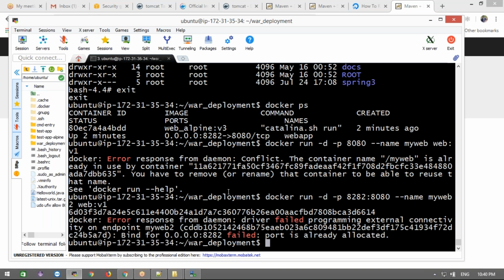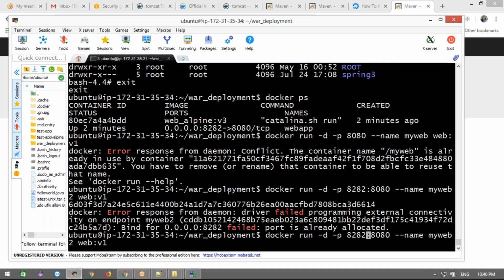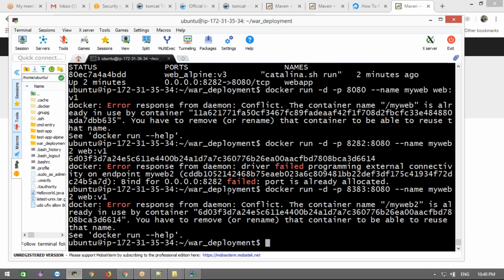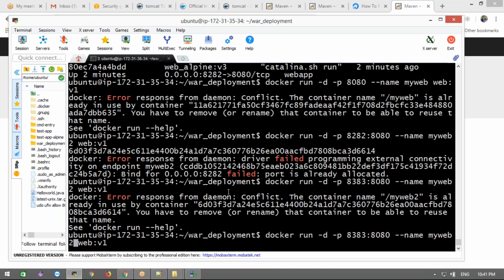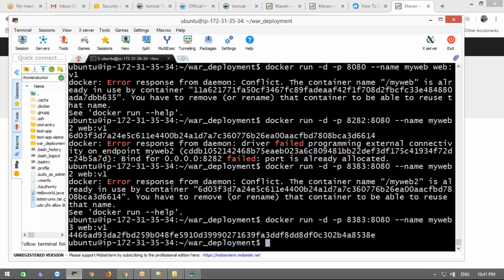This 8282 is also bound, showing 8383. Web 2 is there. Now web 3 is running.